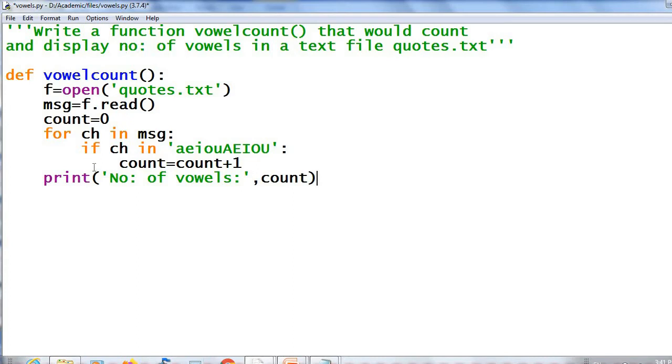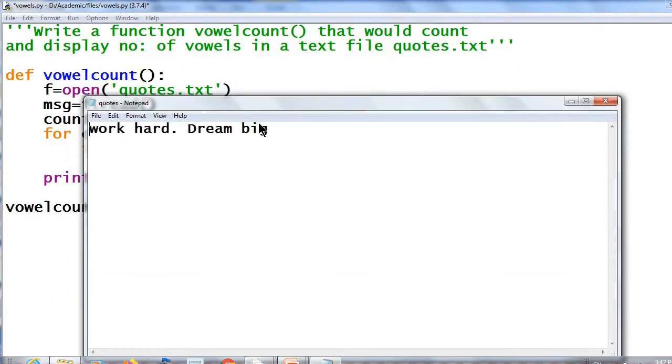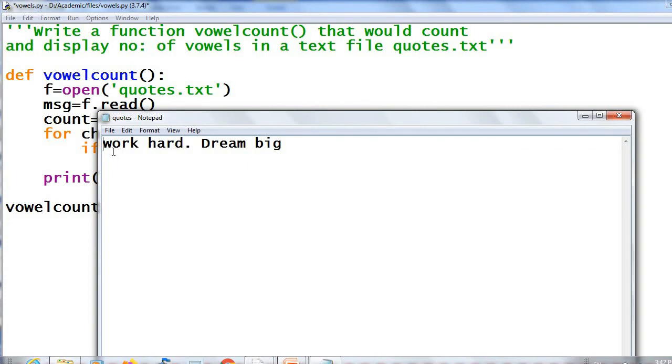Then to execute this, one more thing we have to do. What is it? Function call. Call the function vowel count. Before execution, I will show you the content of the file chords.txt. Chords.txt contains 'work hard, dream big'.